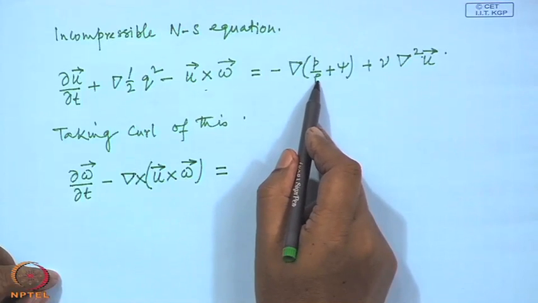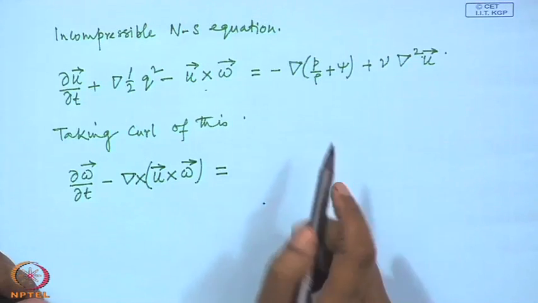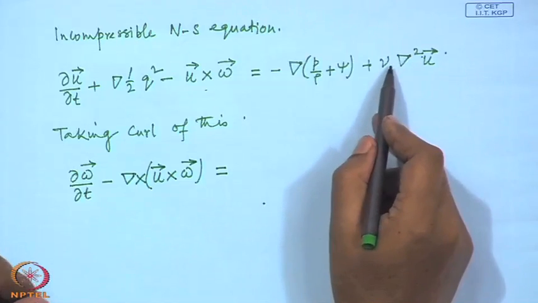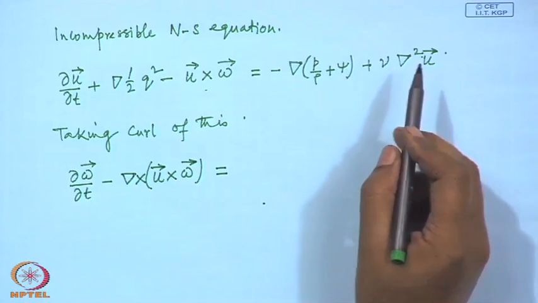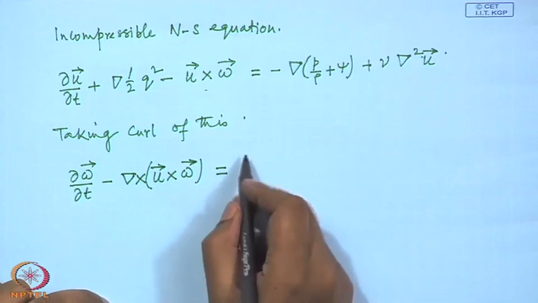Here also the first term is a gradient term and curl of it is 0, and the second term, curl of Laplacian of u, can again be written as Laplacian of curl of u. So the last term will become